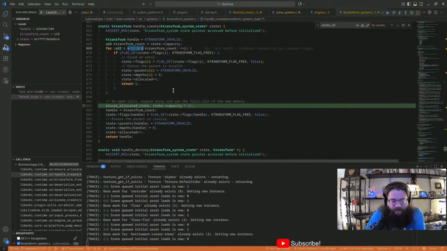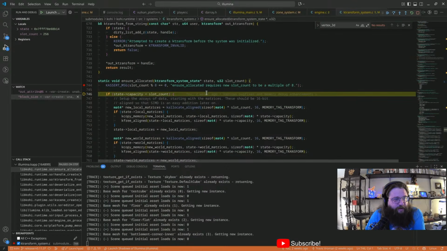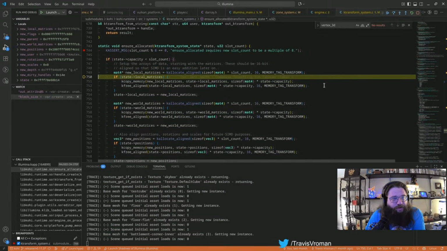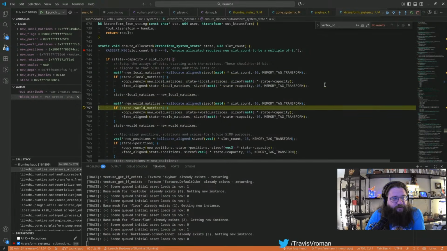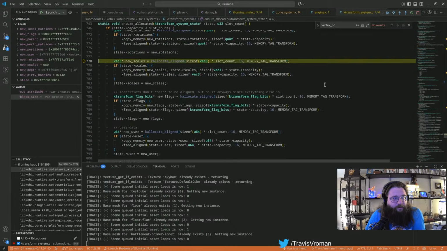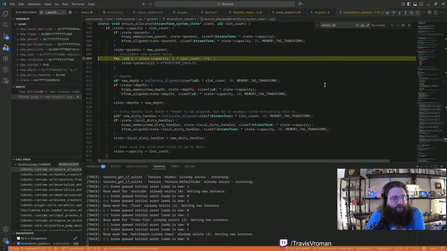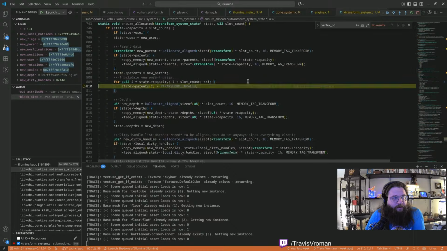Anyway, so we want to ensure allocated. So if our state capacity is less than slot count, which it is going to definitely be, we should reallocate all of these arrays all the way down. So this is where we are doing, wait a minute, let's see.